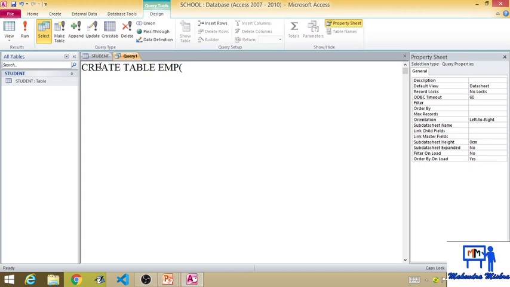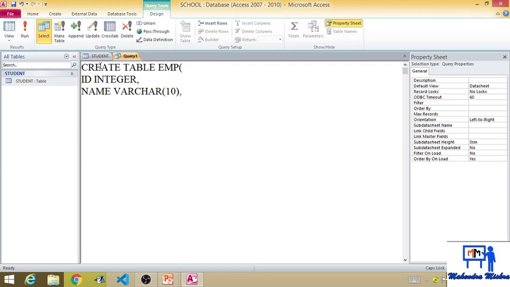Then you have to give the fields. The first field I have given is ID, and the data type is integer. The second field I want to give is name, the data type is varchar, and the size is 10.